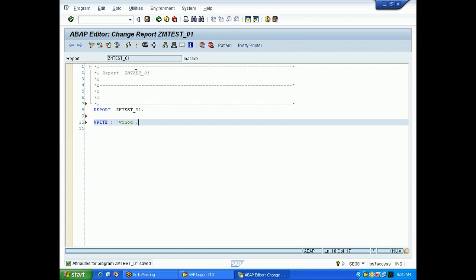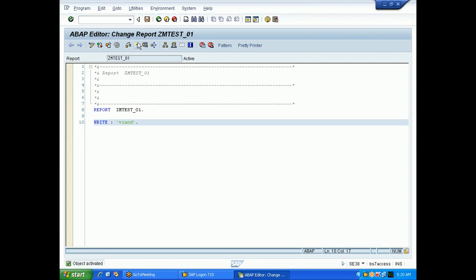Every time when you write your code, there should be something like running, compiling, everything. So in SAP we follow this method. We will save the program. We will check the program. Here is a button to check. Click on this button. When you click on the check button, it will tell you whether your program has any syntactical errors. If your program has some syntactical error, it will show you, then you can correct the program. After correcting the program, once your program is syntactically correct, click on this activate button.